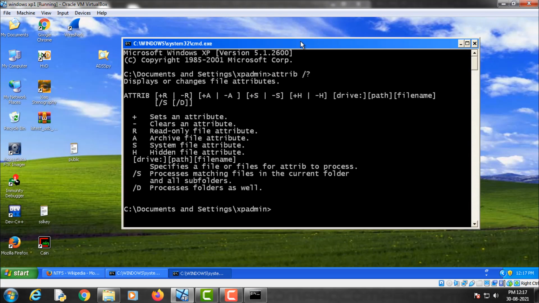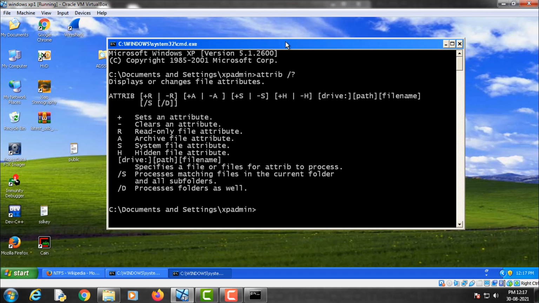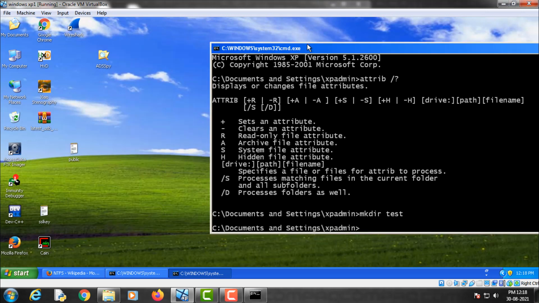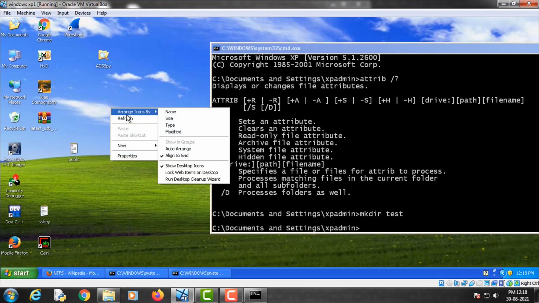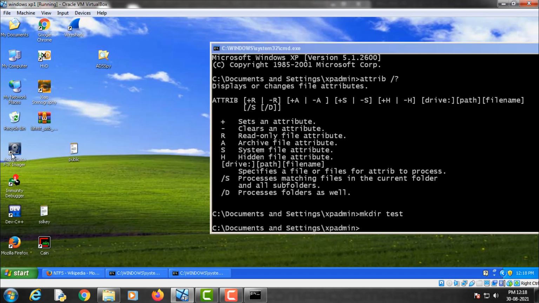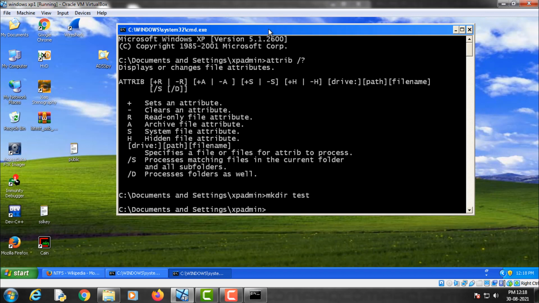So for the purpose of demonstration, I'm creating a folder on this Windows machine, mkdir by the name of test, sorry, let me go to the desktop first. cd desktop.